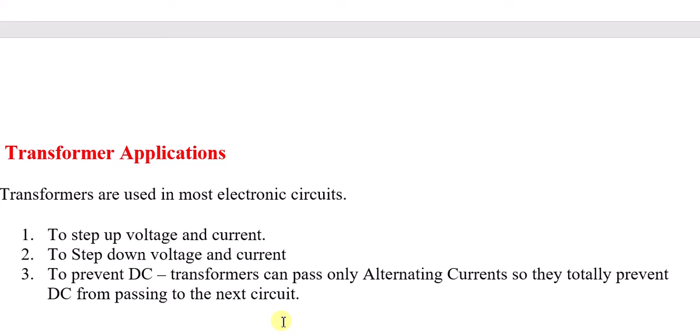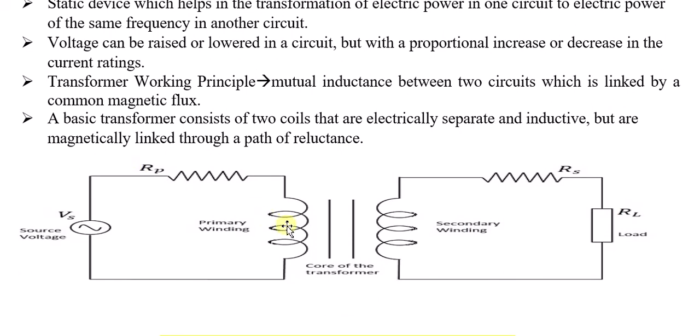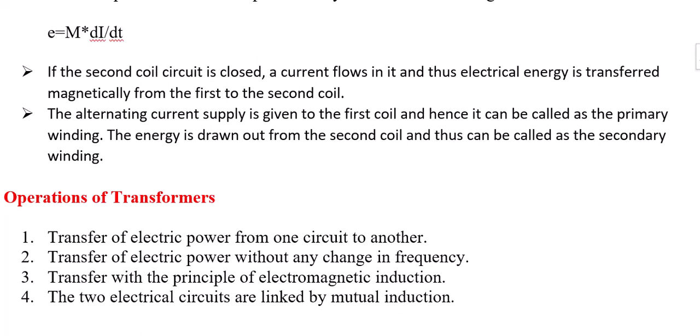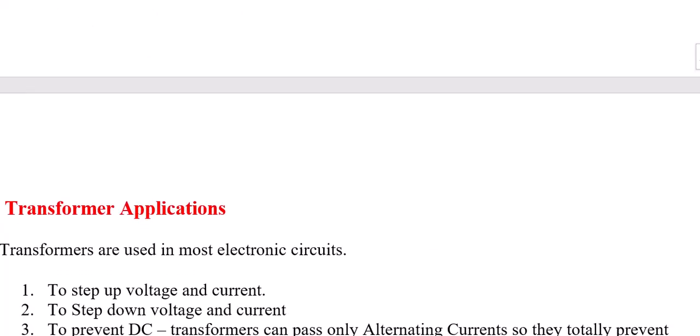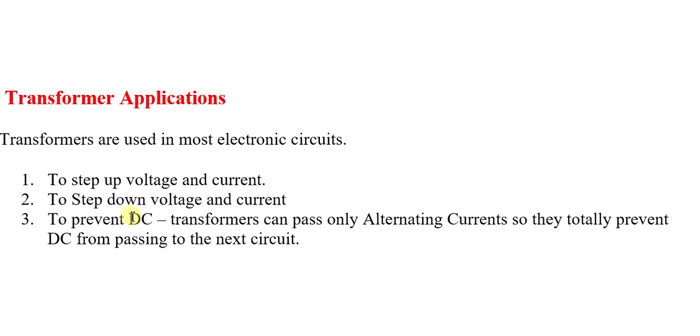As you already know, since an inductor is used in this transformer, so this is the inductor, right? Whatever we have discussed, let me show you. Yeah, whatever is discussed, this is nothing but the inductor, a coil we can say. Because of this, we can say that it can only pass alternating current through the circuitry, but it will never pass the DC or direct current through it. So these are the main applications of a transformer.